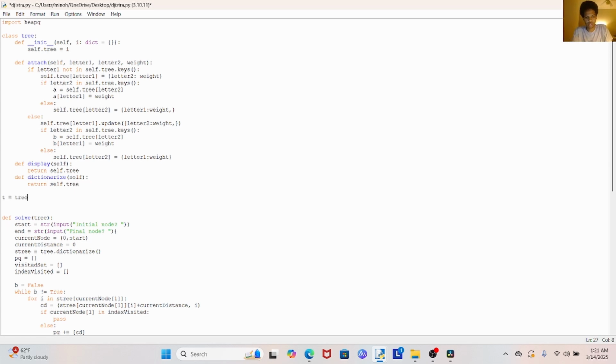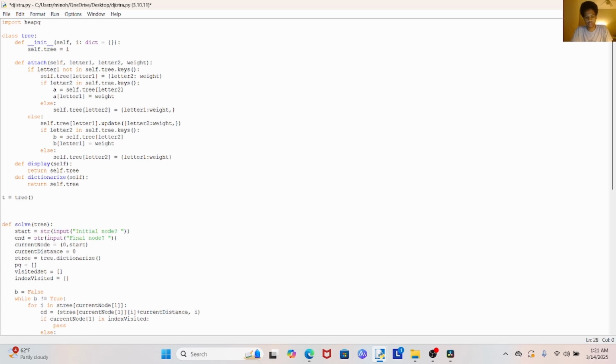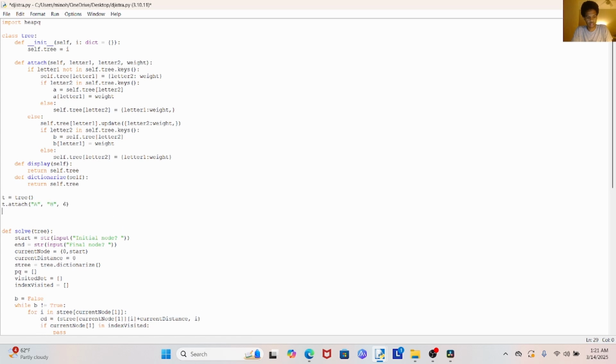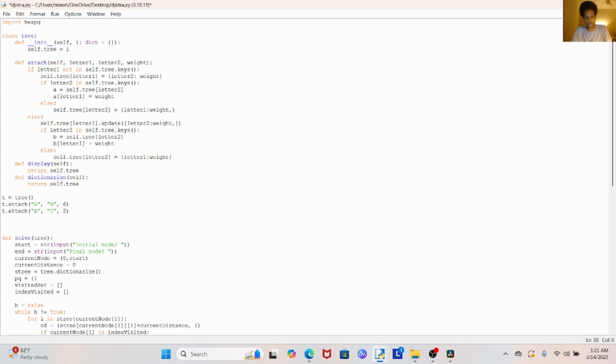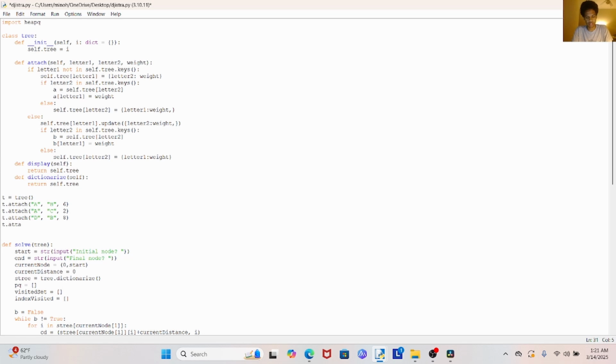So declare an object tree, and then we're gonna attach A, B, 6, A, C, D, 8, D dot attach